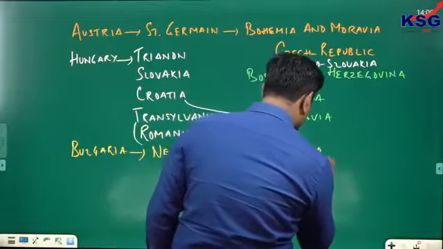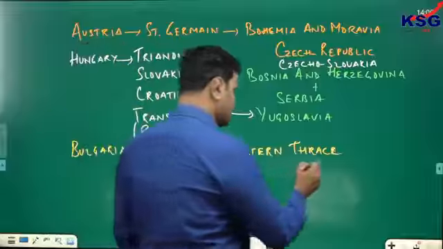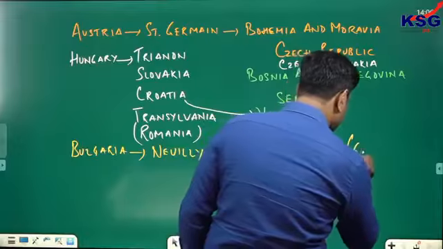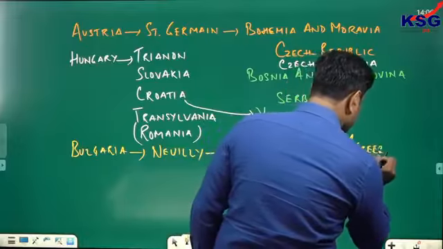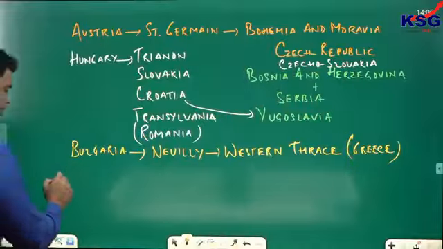And this region of Western Thrace was integrated with Greece. So Greece was given the region of Western Thrace, which was another victorious power. The last major treaty was imposed upon